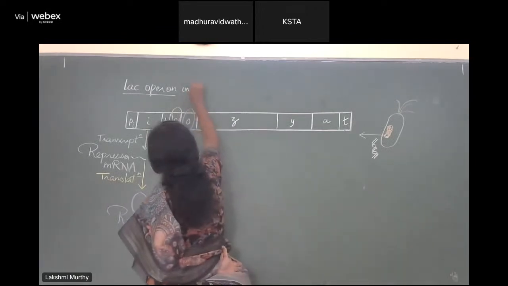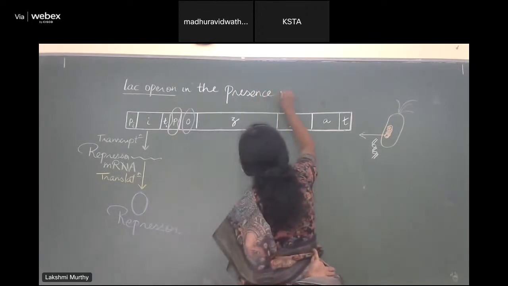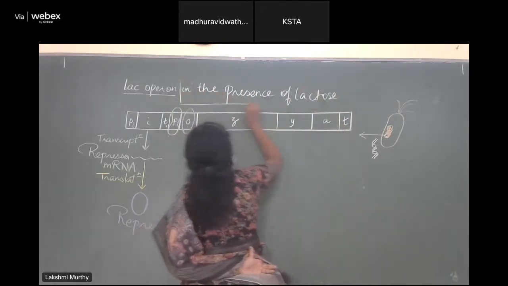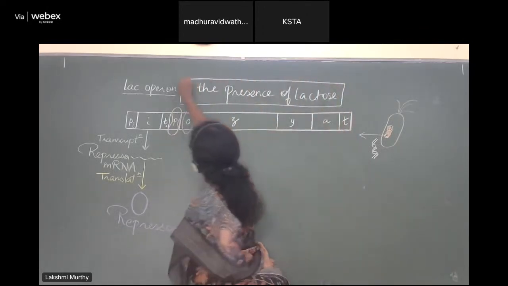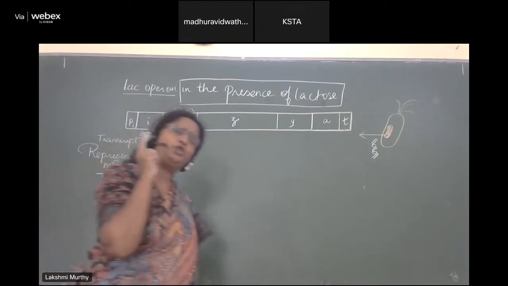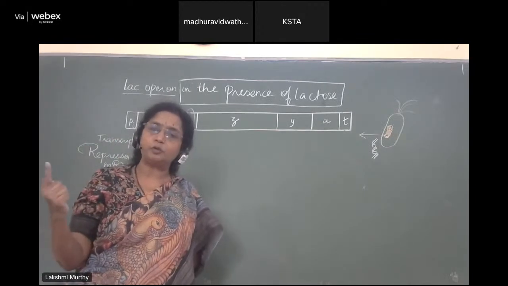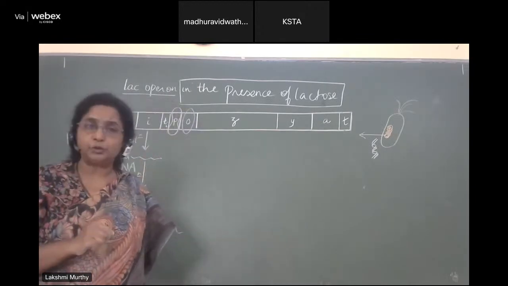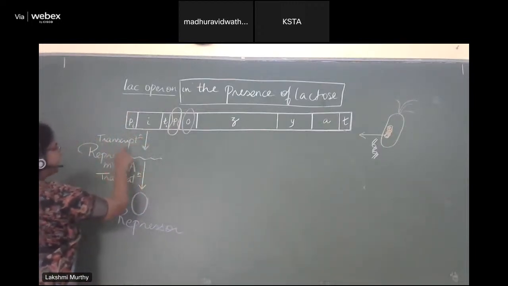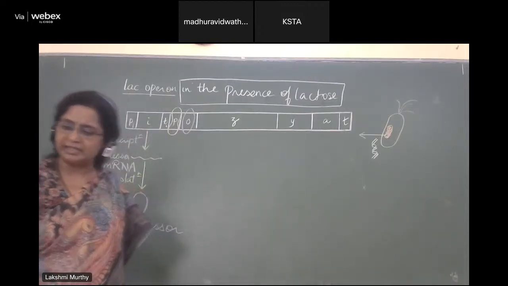Now, the lac operon in the presence of lactose, let us try and see. Suppose this E. coli is presently growing in a medium where lactose is the carbohydrate available. Then E. coli should definitely break down lactose to get glucose so that it can break down glucose to get ATP. Now, how is it going to do that? Let us try and understand now. This is how it works. So we have transcription of I going on and finally a repressor molecule is produced after translation.